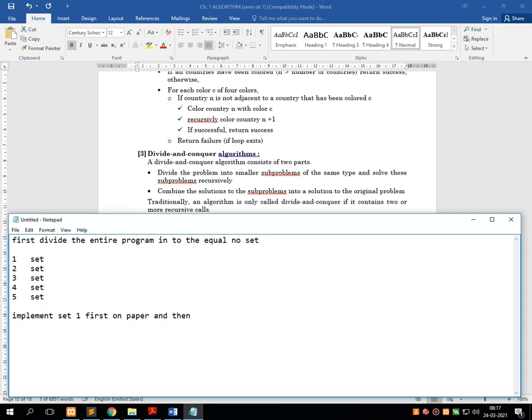and then implement set number 1 logically onto the programming in C. Similarly, after the implementation and successful execution of set number 1, consider set number 2, 3, 4 and 5, implement separately first onto the paper and then logically plot onto the programming in C. We will get a total of 5 different solutions.